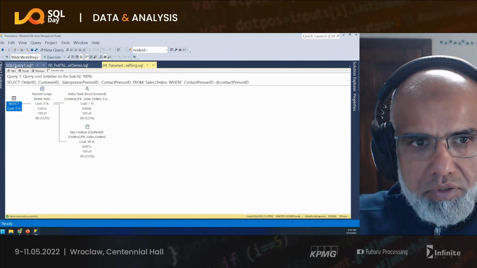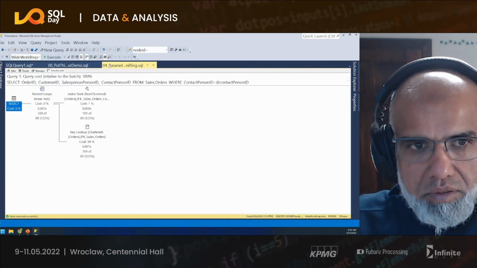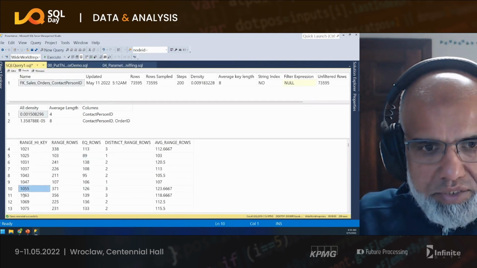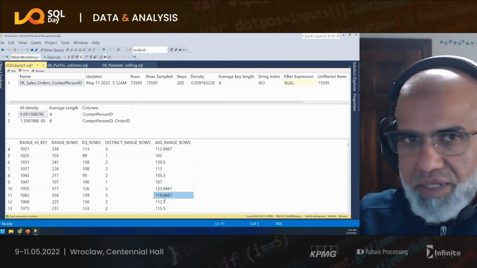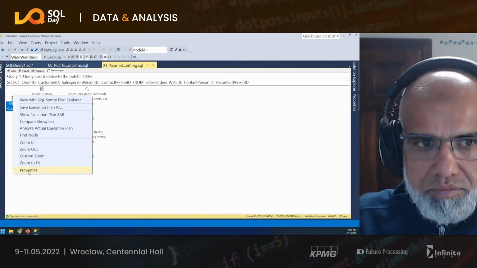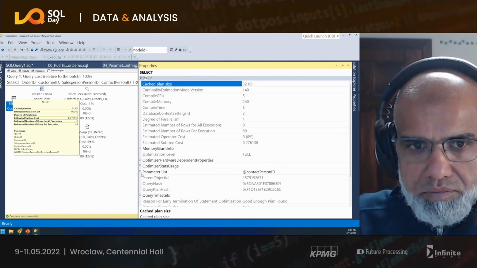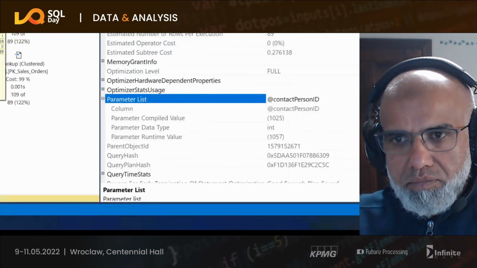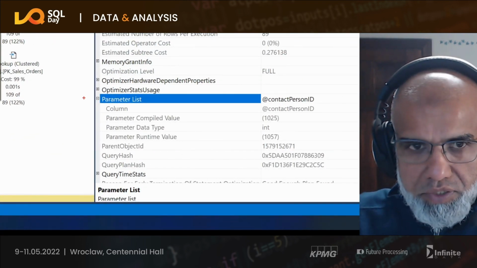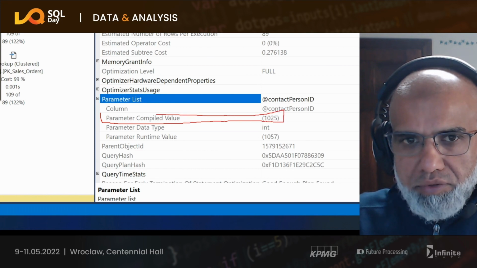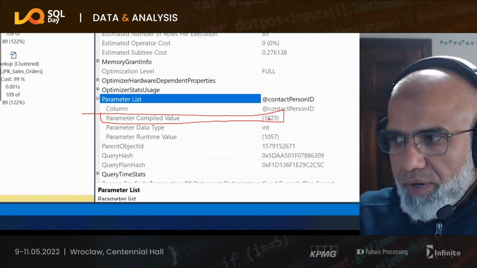But we saw before that if you're passing 1057, we are supposed to get 118.6667. Why didn't you get it? Let's look at something. And just keep that in mind, not just for this talk, even at your work, when someone says this query was running good in the morning, now it's not. See, this query is compiled with 1025